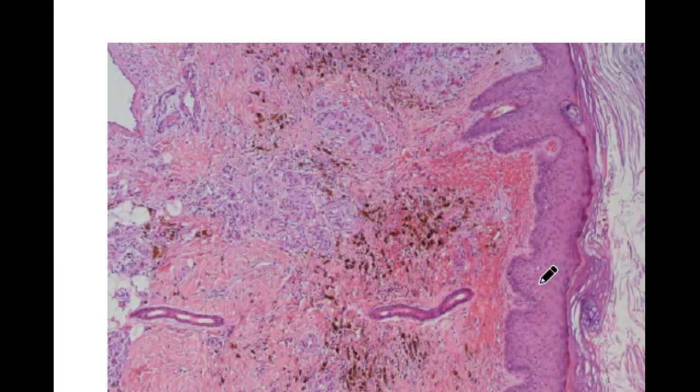This is the microscopic appearance of stasis dermatitis. So in this stasis dermatitis, this is the hyperkeratotic area, and beneath the hyperkeratotic area, here you can see brownish color deposits in the dermis, right? So these are actually hemosiderin granules which you can see in the dermis. This is because of the stasis of blood cells which undergo degeneration, and the iron gets deposited there, resulting in hemosiderin granules seen in the stasis dermatitis.